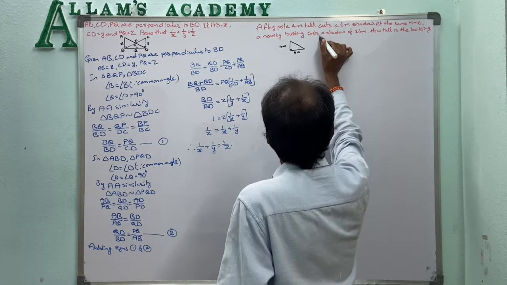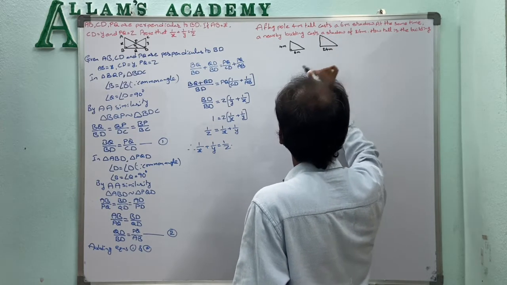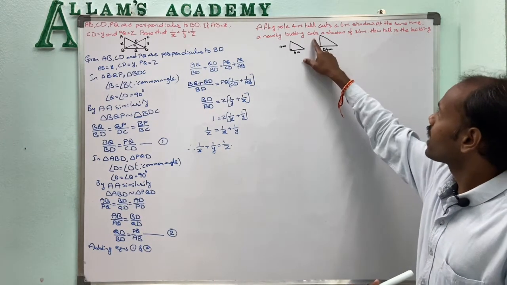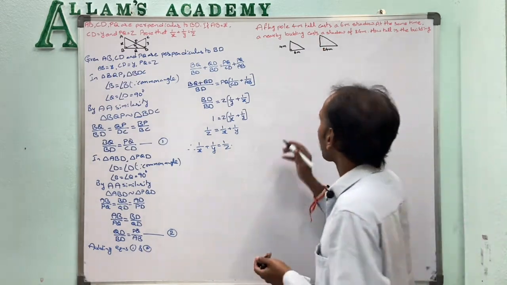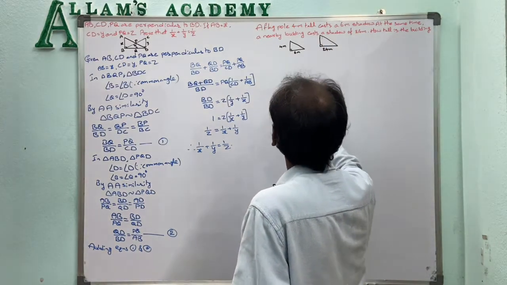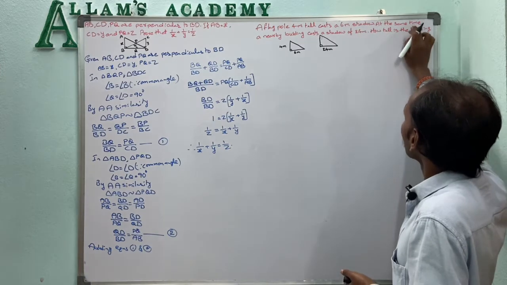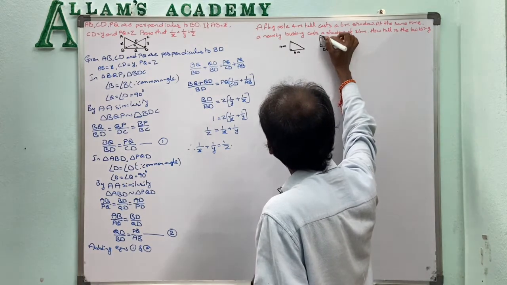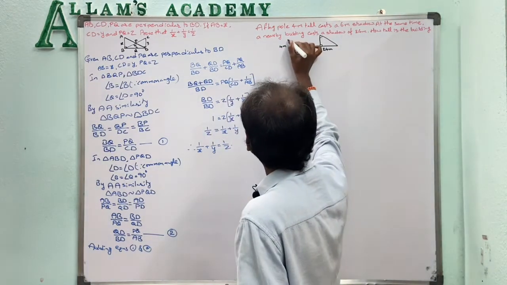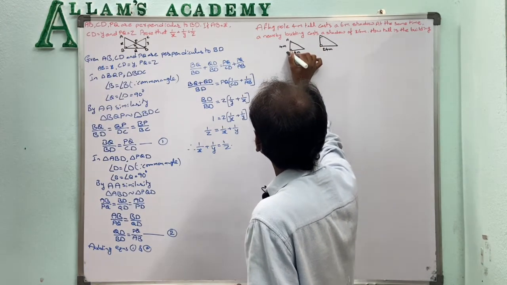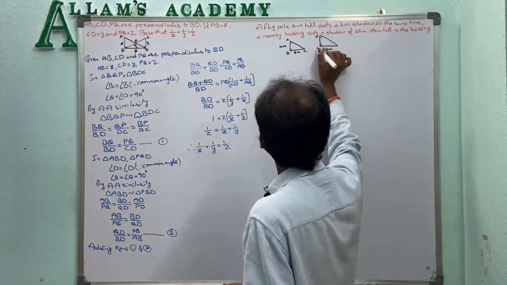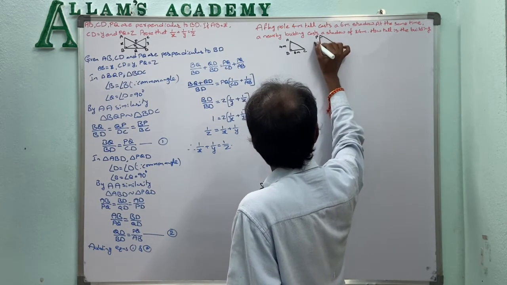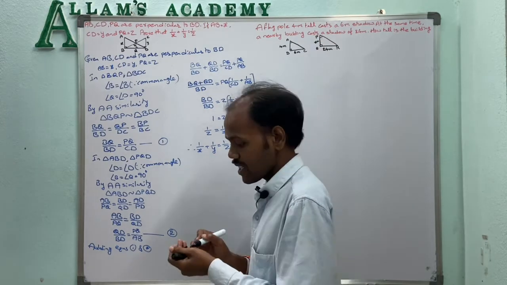Now the building's height, how much, that one we have to find. And here that building is also perpendicular to the base, 90 degrees. Both are given at the same time, that means the sun's making angles are equal. So now this will be taken as two triangles, ABC and PQR. Here the height of the building we want to find, that will be taken as x.